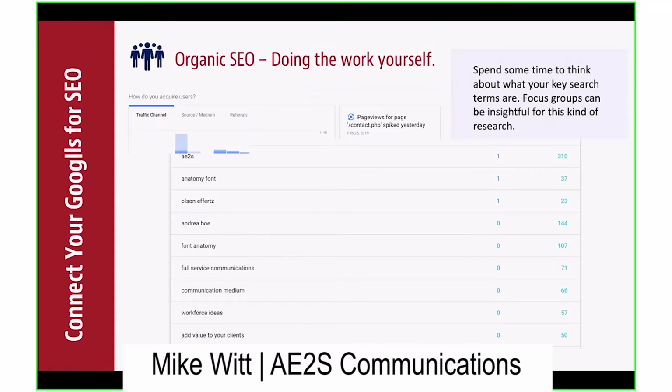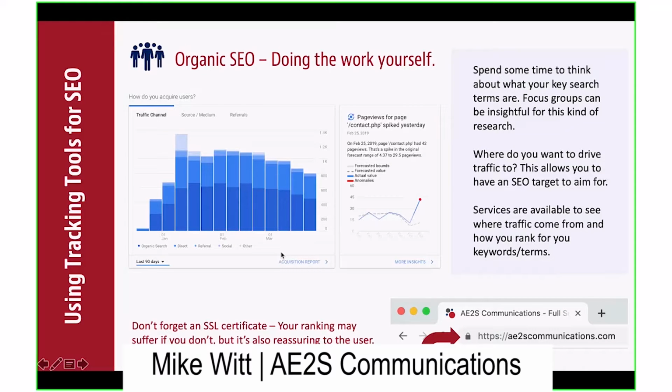This screen we're looking at is Google Analytics, showing where my traffic comes from. On the right-hand side of the column, it says page views spiked for your contact page yesterday, and then you can get more insights and drill down. On the left side, we have how many people found our website just by searching, how many directly typed in the URL, and how many came from a social media channel. It's really helpful to see where your traffic's coming from and use those channels more effectively, or pay more attention to the ones providing more traffic.